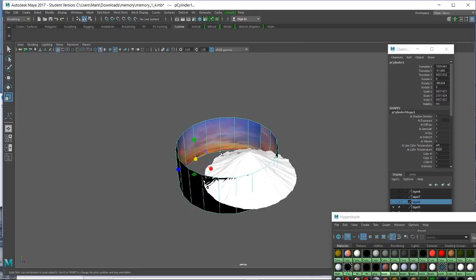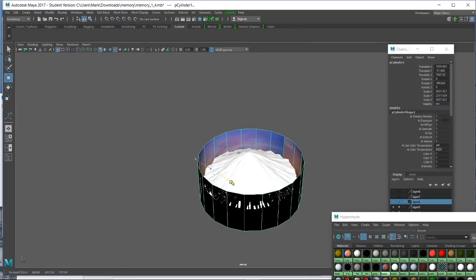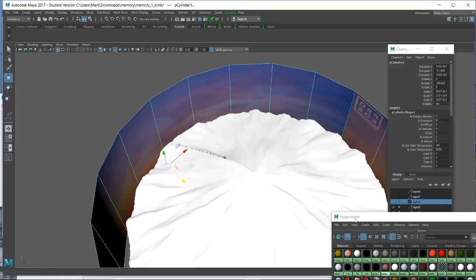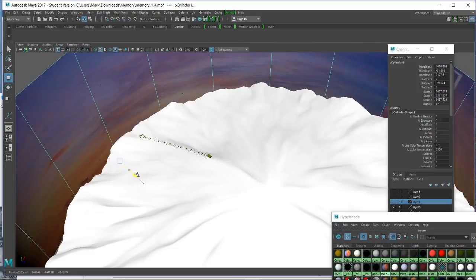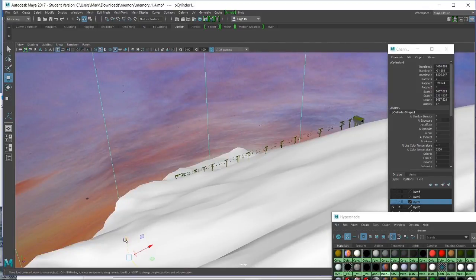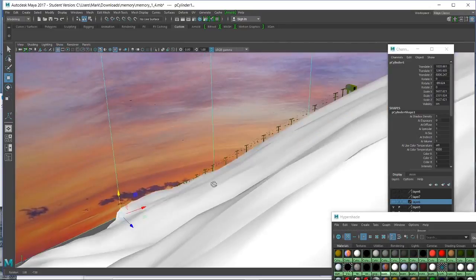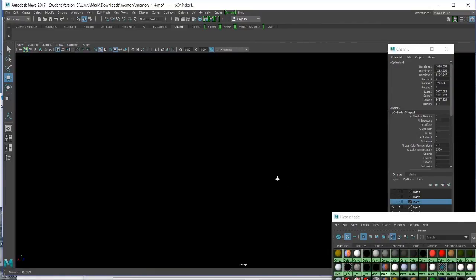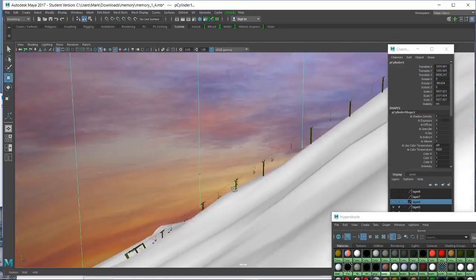I could go W. Yeah, so there's the mountain, there's the